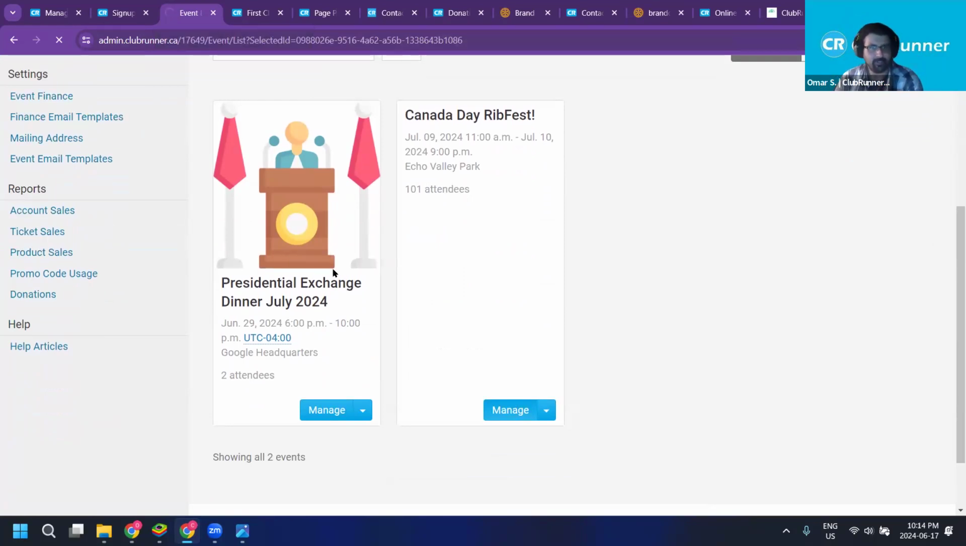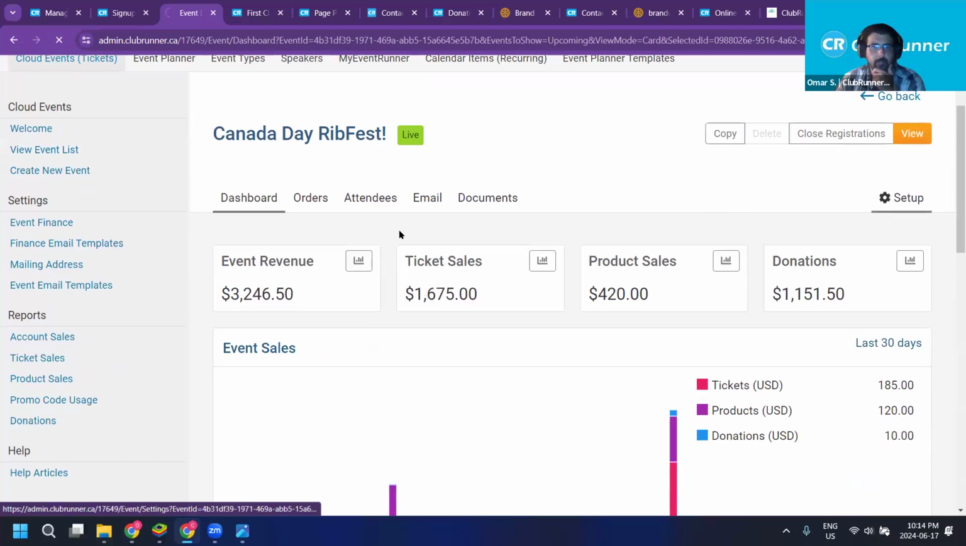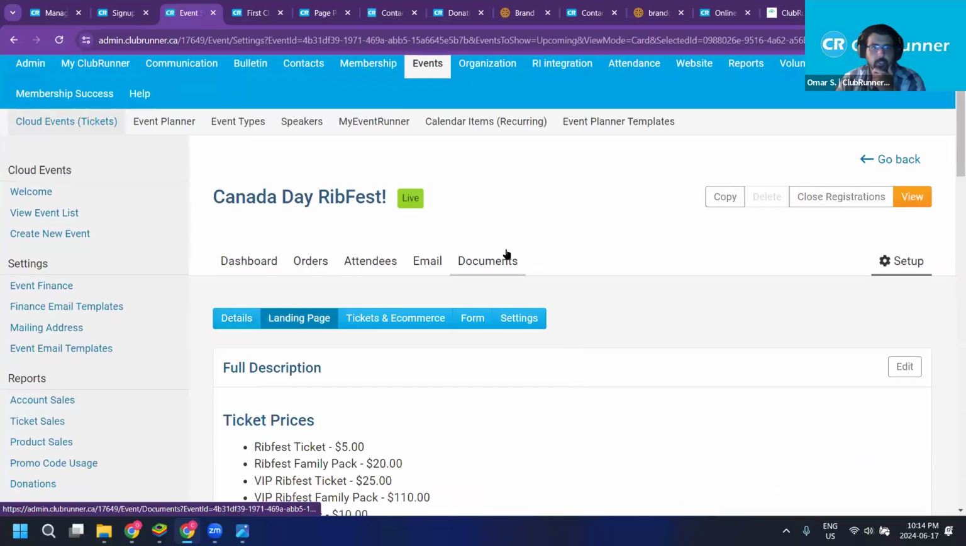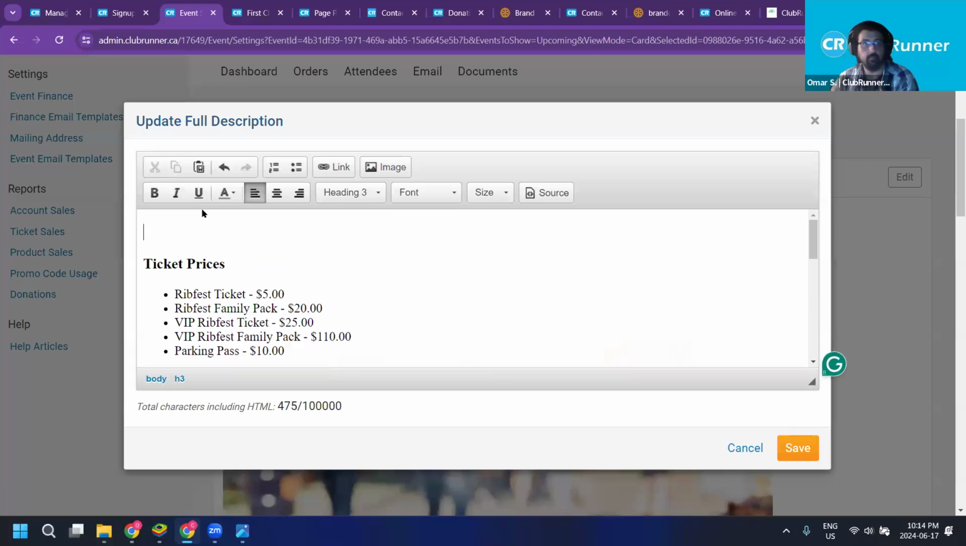Taking a little longer than I'm expecting. Everything should load within 5 seconds or so at most. I'm going to click manage again. There we go. And then I could go to setup, landing page, and here I could say volunteers should sign